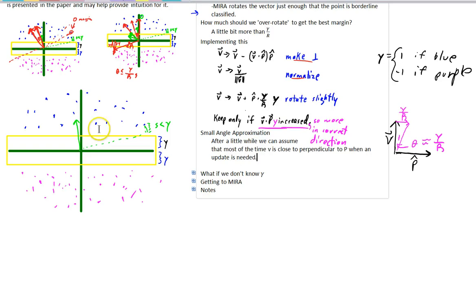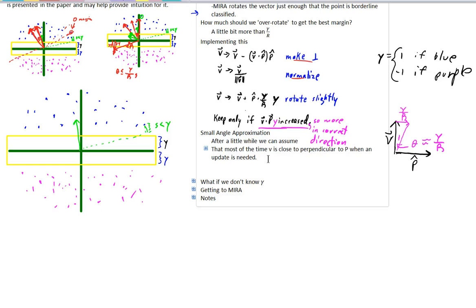Right? So our vector is pointing in close to the right direction. It might be a little bit off, but it's fairly close. So if this is true, in very high dimensions, it might take a little while to get close to this. But if this is true,